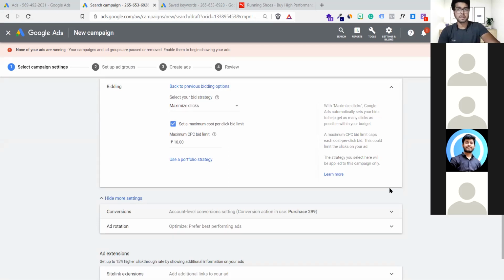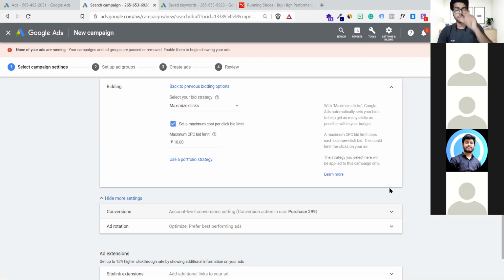Suppose minimum is 7, maximum is 70. So it's not that you have to take 60 rupees. You can go up to 10 rupees again, but you have to understand if the highest limit is already 60, you have to be closer than that. Then only you will be in the game. Otherwise, you will always be outside of the game.